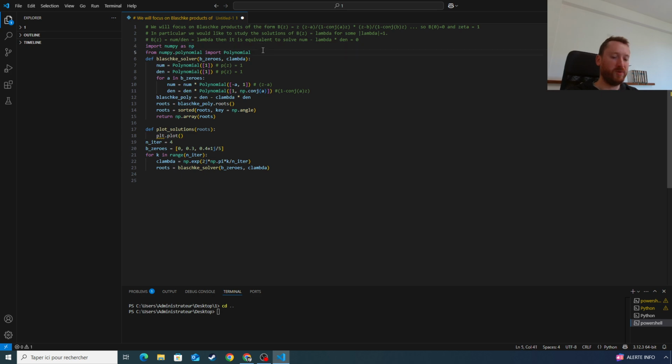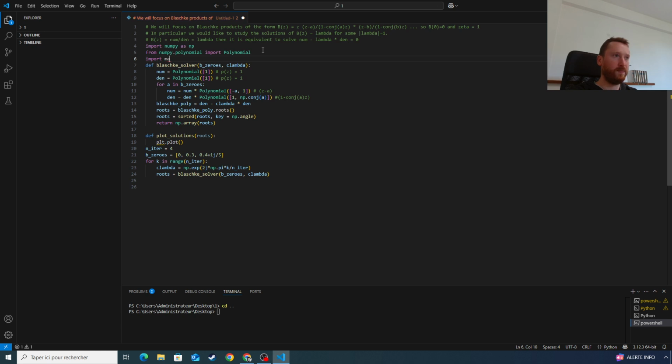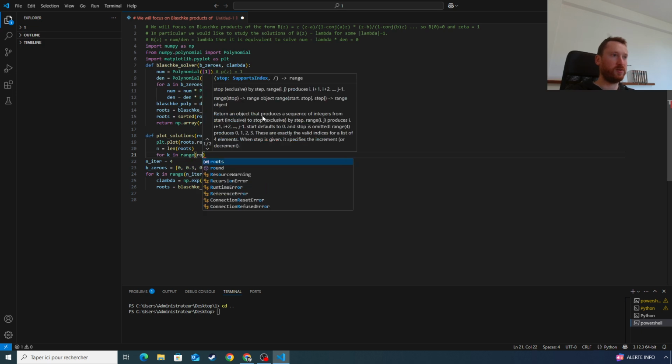Okay, we need to import matplotlib.pyplot as plt. For roots.real, roots.imag, color blue, and we will plot them like this. Okay, then we define n as the length of the roots. We loop over all the roots